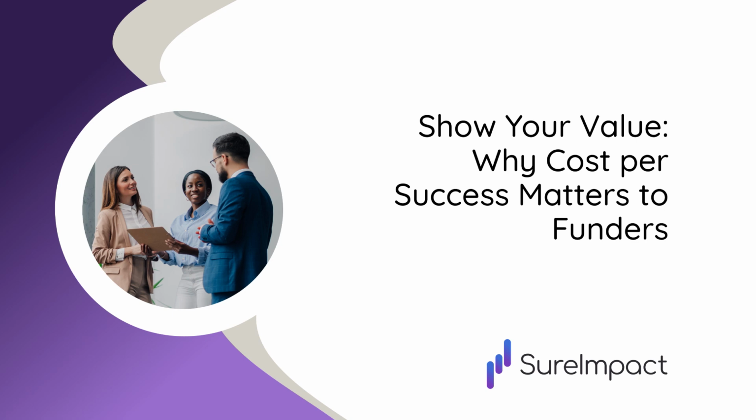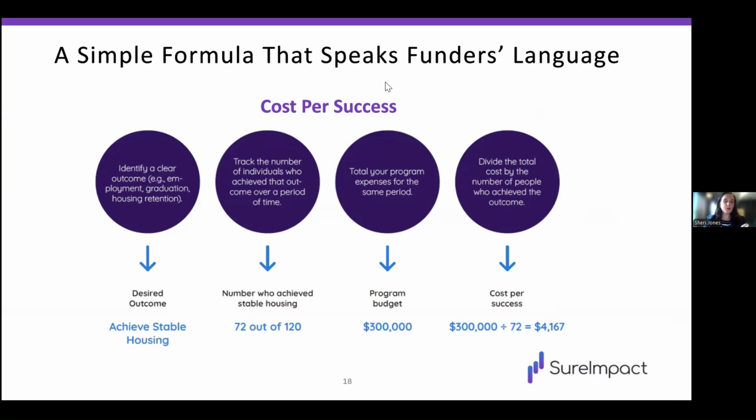So I'm now going to assume that we have collected all the data. We know our success rate. We know what funders we're going to talk to because their theory of change aligns with our theory of change. Now let's talk about how easy it is to create that cost per success to tell funders what they're